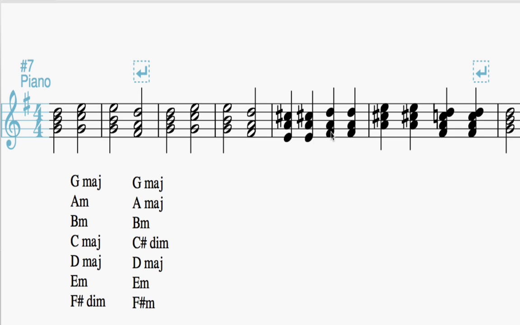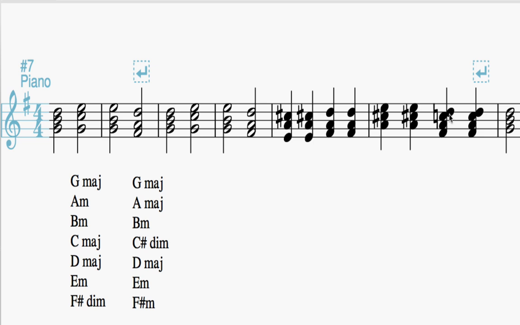Then I go to a D major chord, so back to G major and to the 5. However, that's also in the key of D, so it could be in either. And now again, with a slightly different inversion, but the same chord, A major. And then here I threw in a